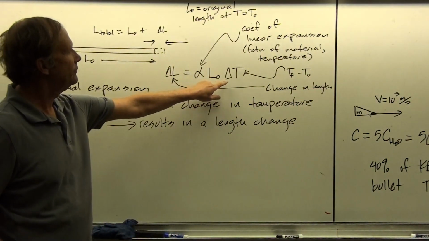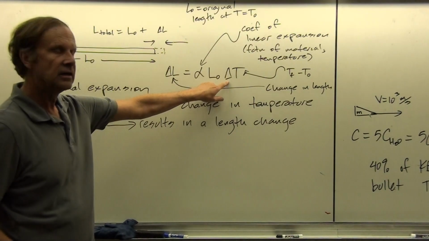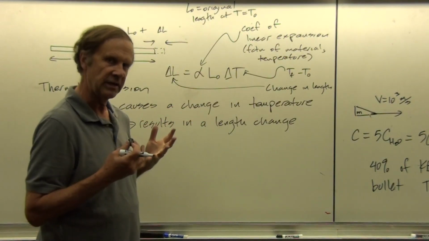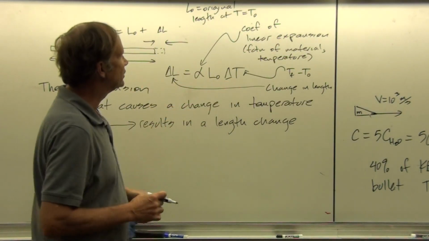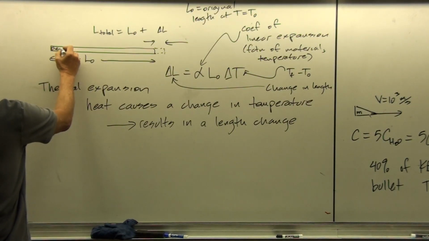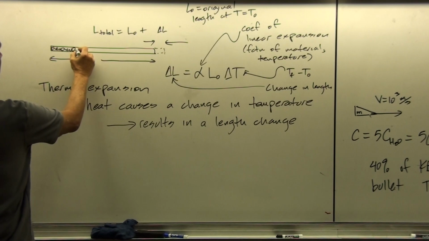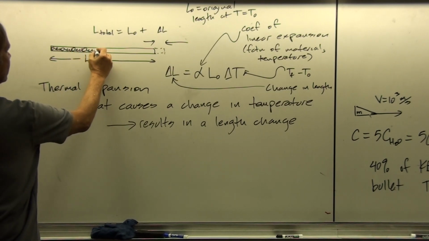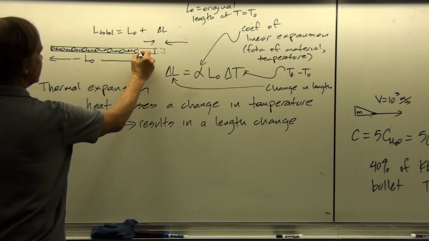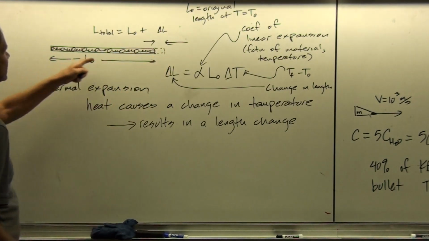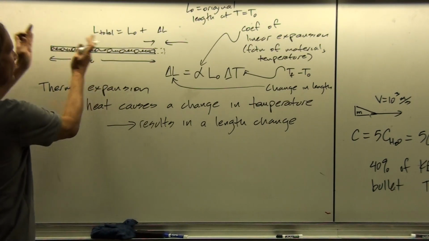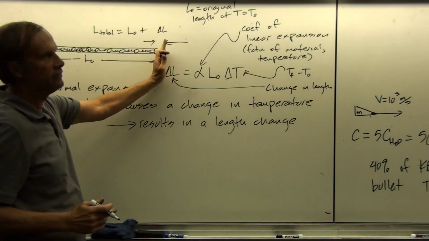So this must have absorbed some heat in order to have changed its temperature. And in the process of absorbing heat, it also can change its length. Now why does that happen? Well, even in a solid, this is going to occur because the molecules are vibrating back and forth, associated with attractions between negatives and positives inside of the material. But as they start to vibrate back and forth, they start capturing more effective volume.